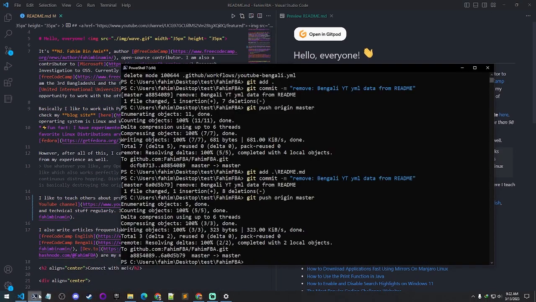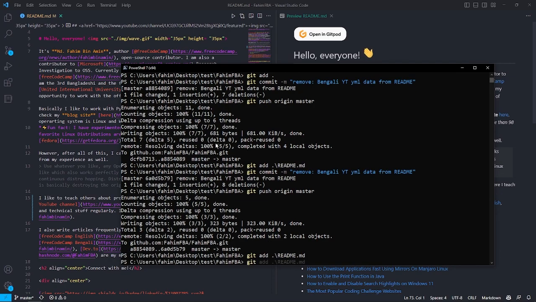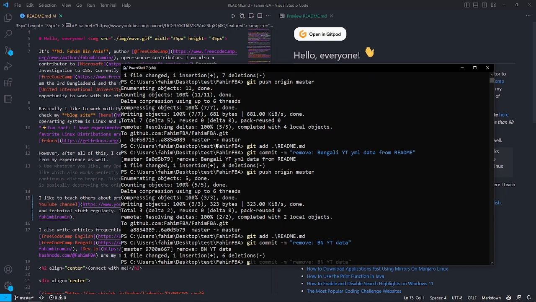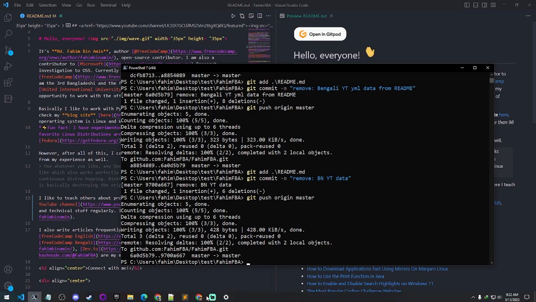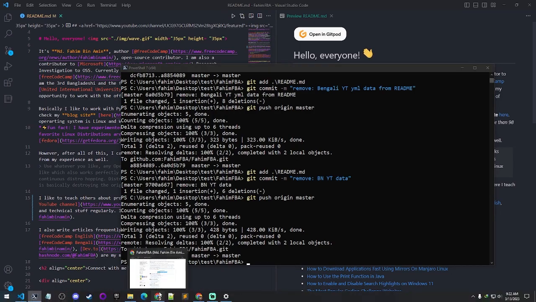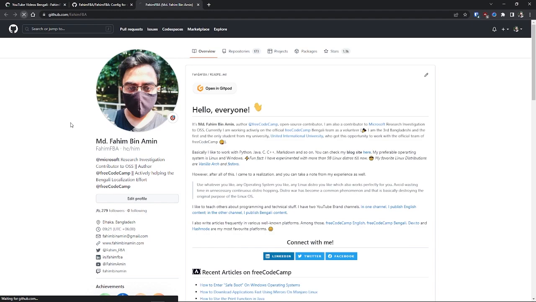So I can simply commit these changes like git add readme, git commit, remove Bengali data, git push origin master, and now if I want to see the changes right here, I can simply reload this landing page. And yeah,